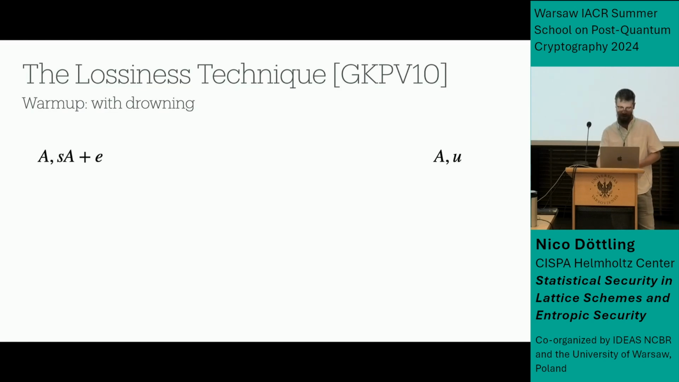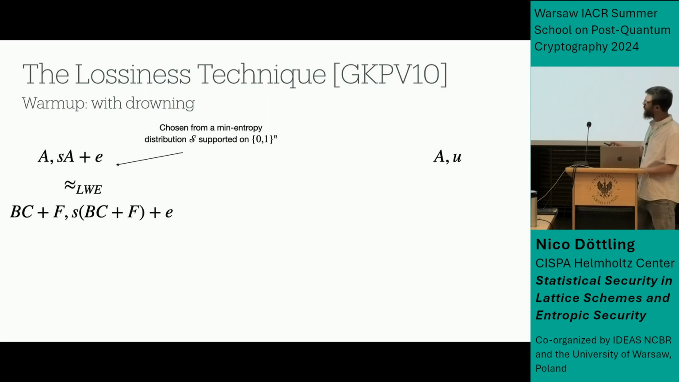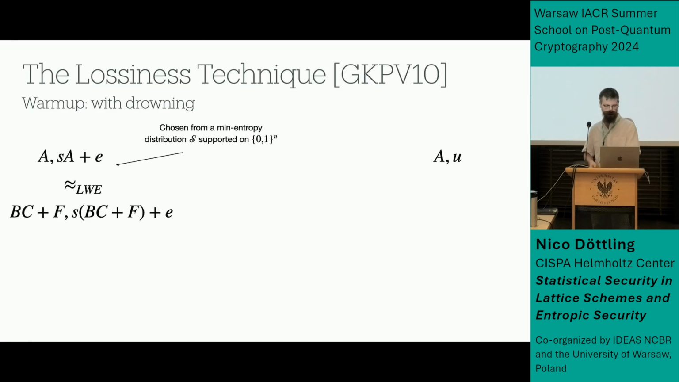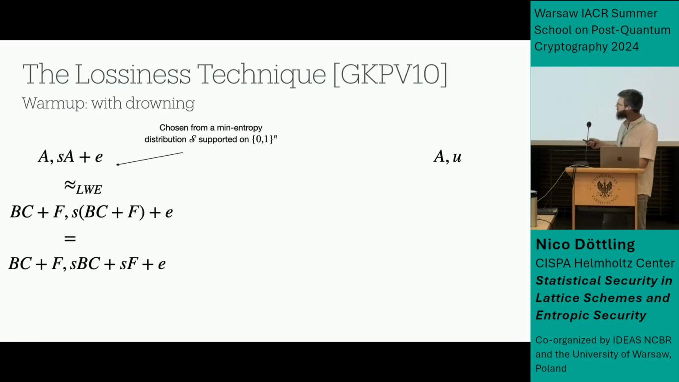And yeah, so S is chosen only from a high min entropy distribution. But in a first step, we can use LWE, as I just said, to replace A with BC plus F, with such a lossy matrix. Okay, not a lot has happened, but now we can just multiply this out, and we have SBC plus SF plus E, and